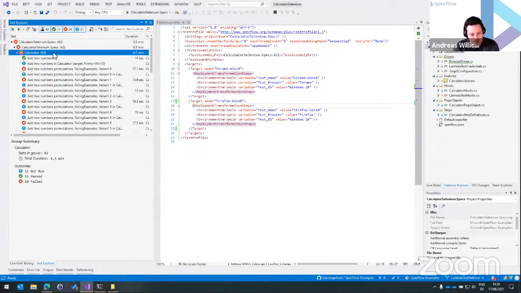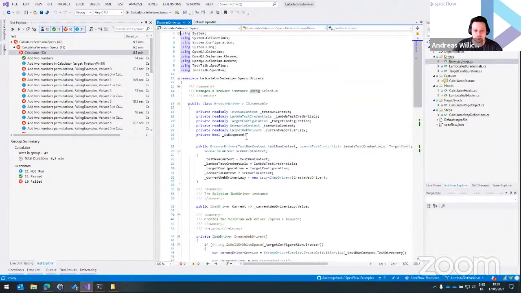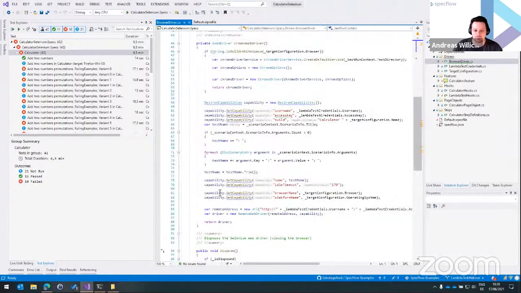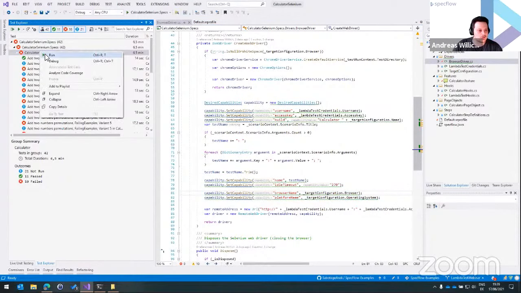Targets are not limited to LambdaTest. I think you can do anything with that. In this case, I'm combining it with LambdaTest, where you define a name, and then you can define the browser and the test OS. And this is provided here as a capability to LambdaTest. And when we now run these all,